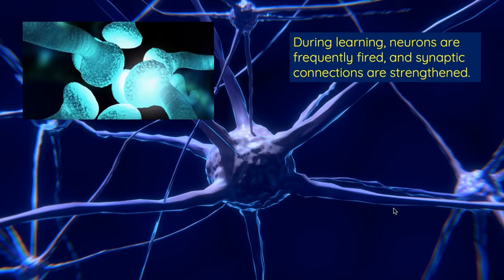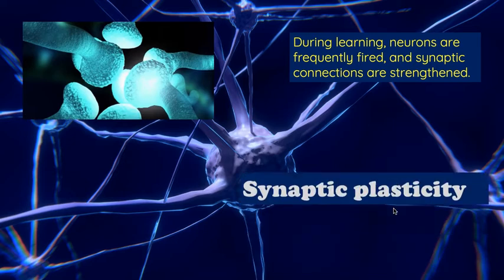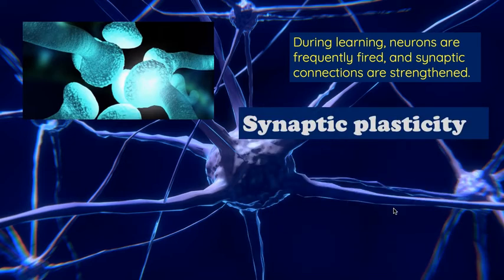The opposite is true for neurons that are rarely fired, which happens when the person is not learning something new. This is what neuroscientists call synaptic plasticity, and this probably explains why some memories persist while others